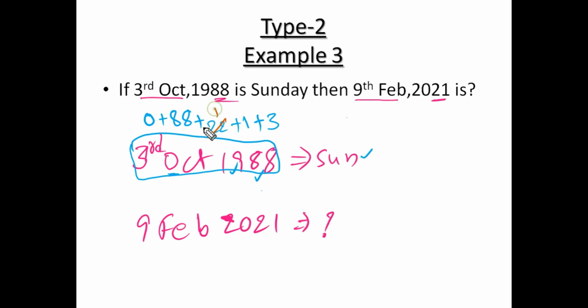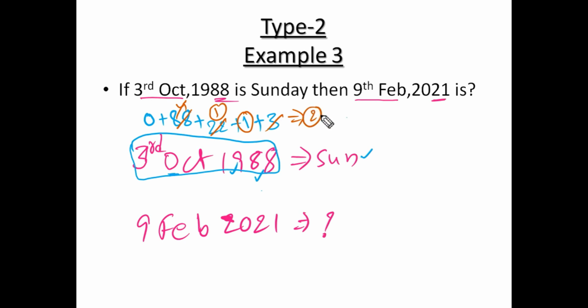22 remaining 1. So 84 is divisible, remainder 3. Sorry, 4. 4 plus 3 is 7. So finally 1. Here is 1. Total 2 is the remainder. If 2 is the remainder,